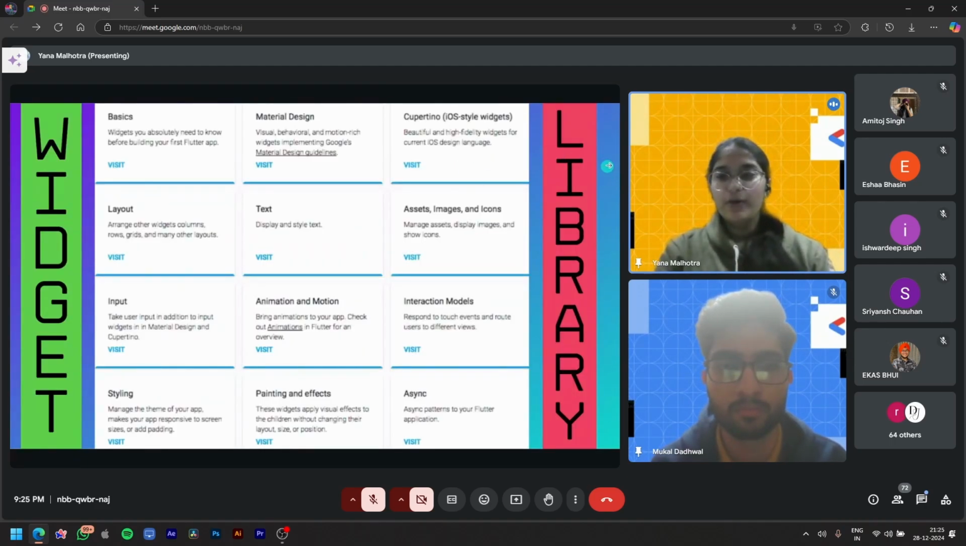So now we'll talk about the widget library. So if you go to the Flutter documentation, you can see all these widget libraries that Flutter provides. So these are like